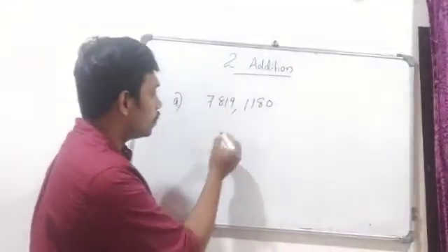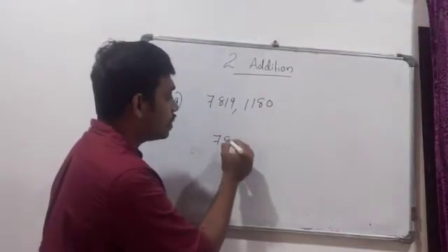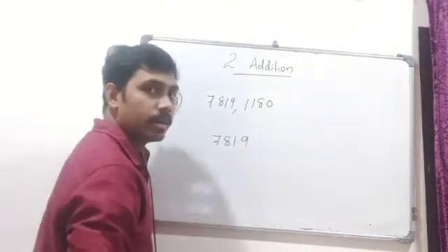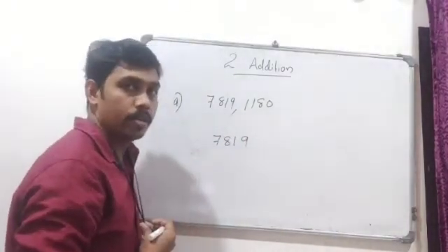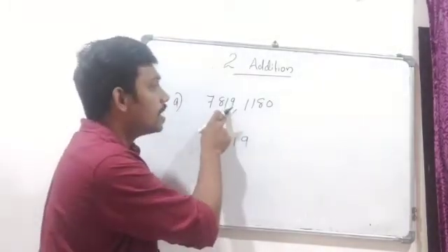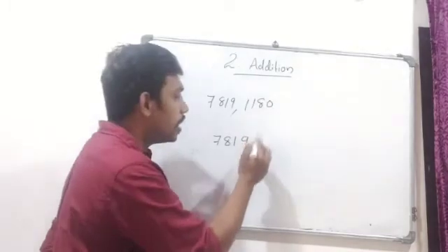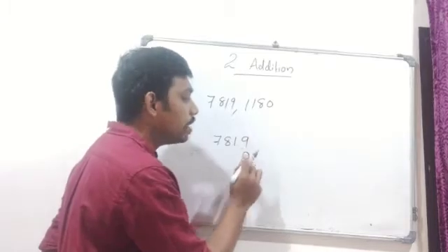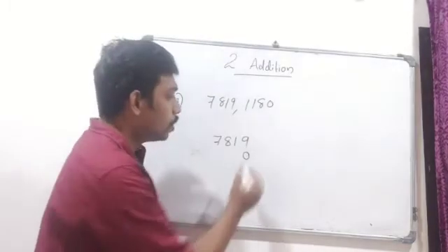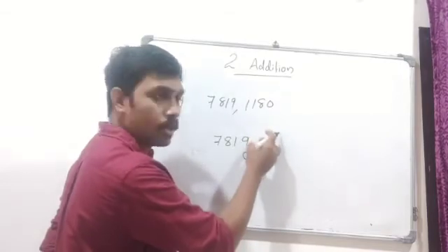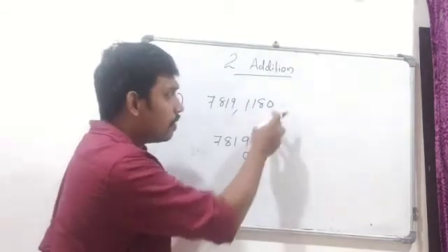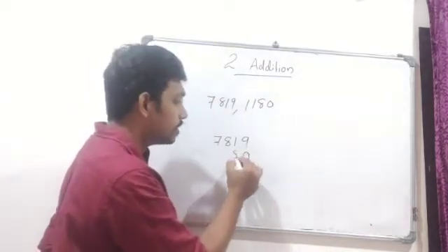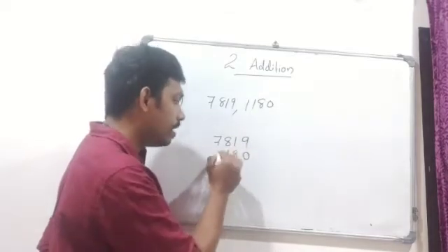So it is very simple. First write the first number, 7,890, and then check the next number. It is also a 4-digit number. In the ones place the number is 9. Here in the ones place the number is 0. So we have to write the digits in the corresponding places. You have to write the digits in the correct places. Then 8, and then 1, and then again 1, isn't it?